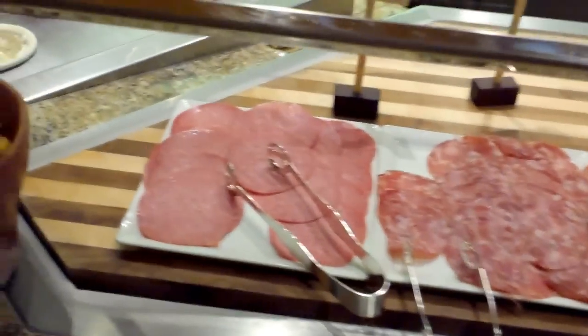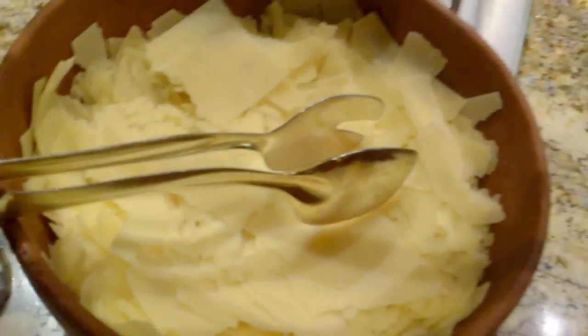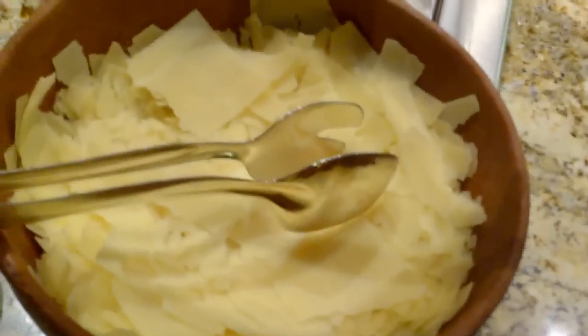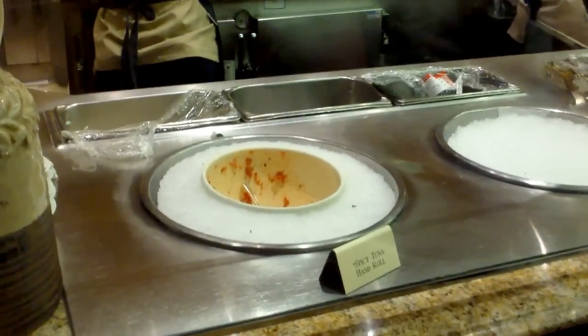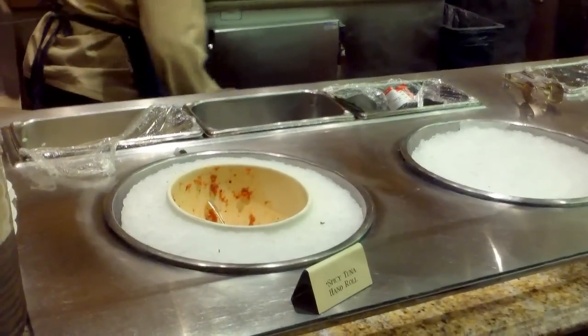I am going to show you, this is another area, section. This is the tiny shrunk deli meat section with cheese. They used to have a really big one. And this, oh, lovely flake Parmesan cheese. Do you know where I come from? And it's not originally, but where I live at the moment, Parmesan cheese, oh, it's so expensive, and here they just give it away. And here, one of the really nice bastions, they make spicy tuna hand rolls and some